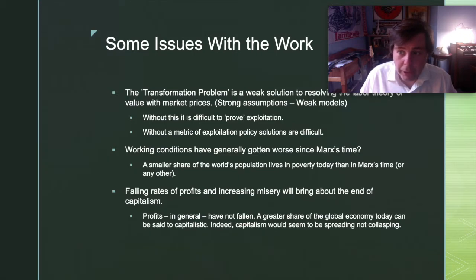Karl Marx's writings have had a tremendous influence on world history over the last 150 years. So there has to be something here. If we get past all of this, what remains? Well,